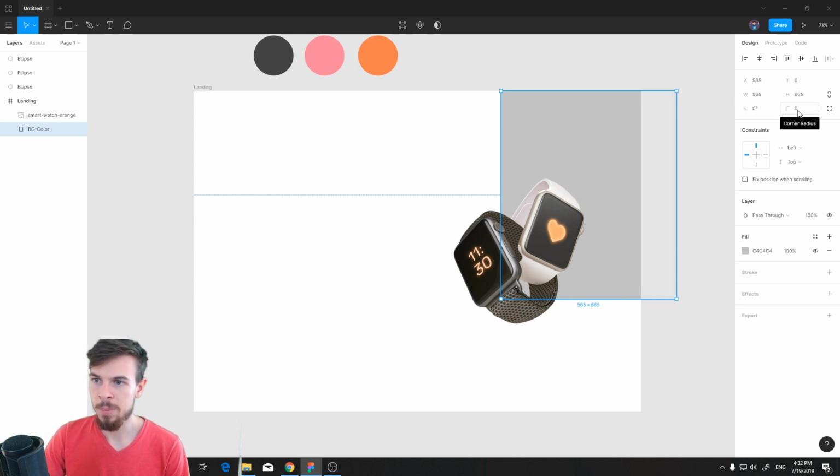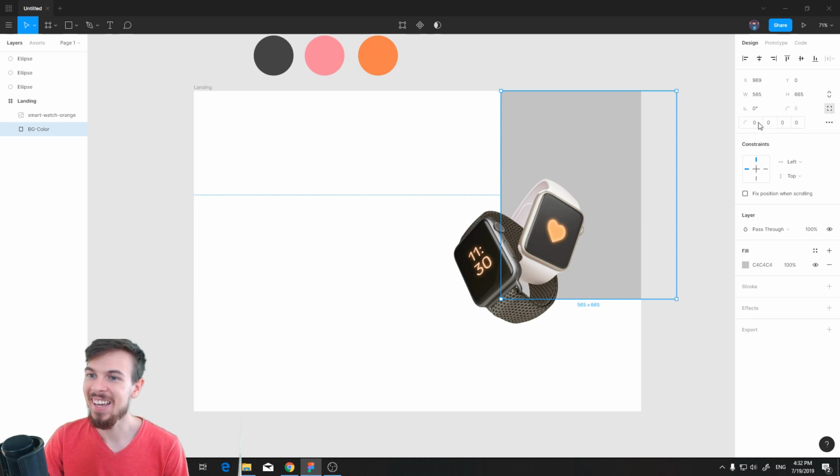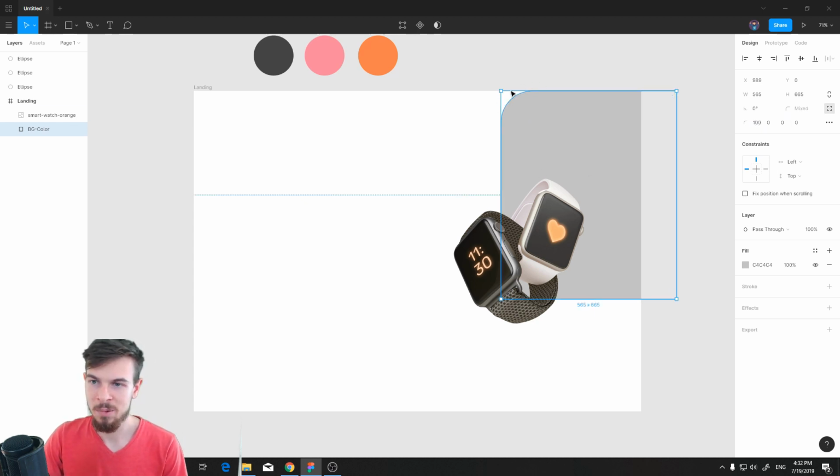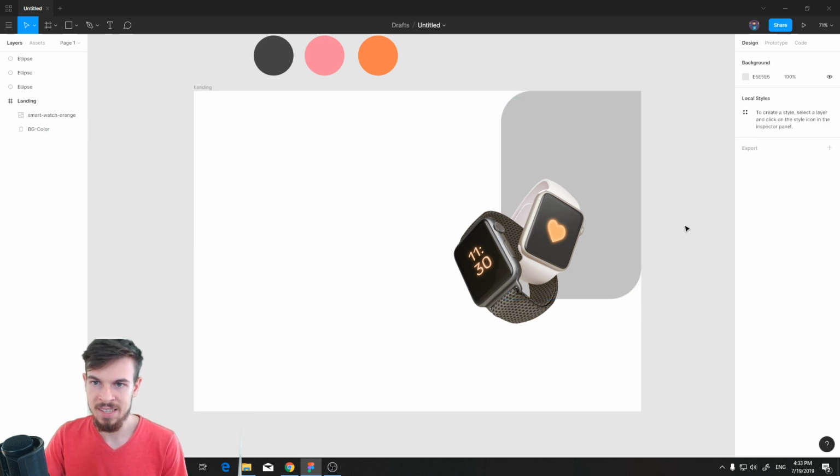If we click up here to the corner radius tool, we have this square thingy, and we can control each individual one. So if we get the first one, I can add like 100, and that's gonna give us the curvy edges. And we can do the third one as well, which is gonna be the bottom. Is it though? No, it's not. Yes, it is. All right, let's just drag this in like so,